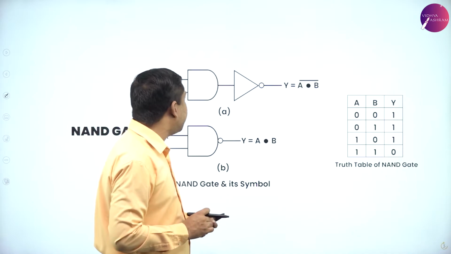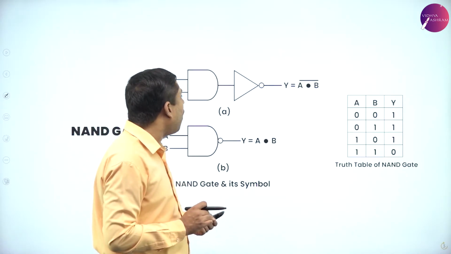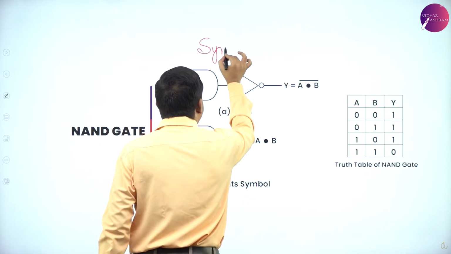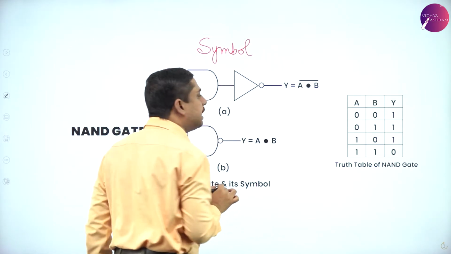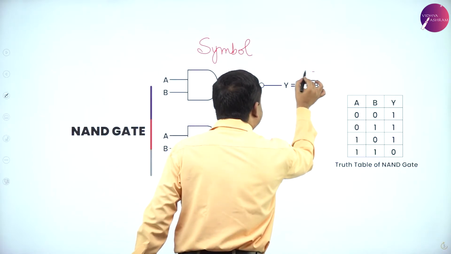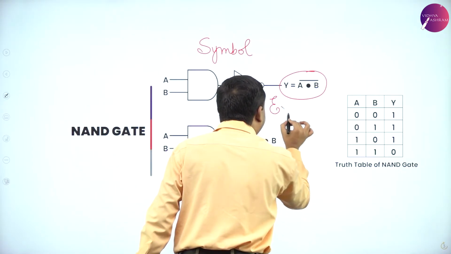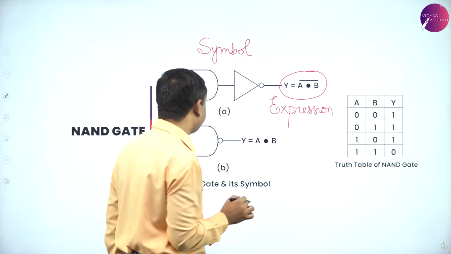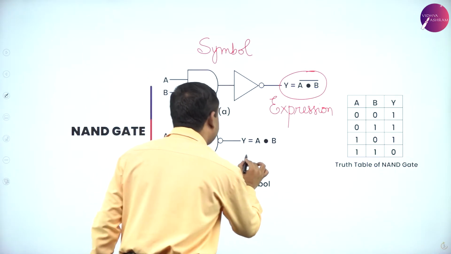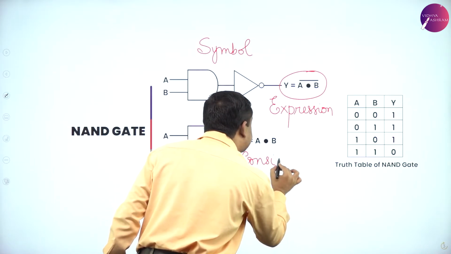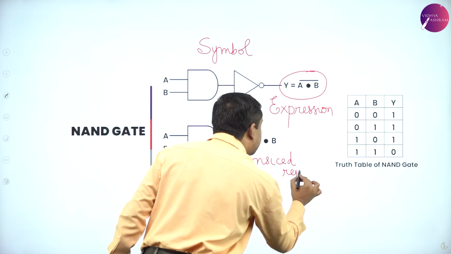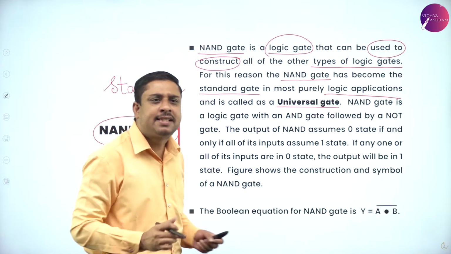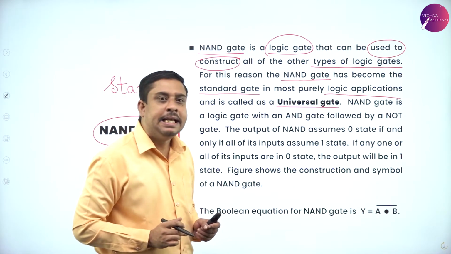So if you observe, this is the symbol for the NAND gate. This is the Boolean expression for the NAND gate. And this is called the concise representation of the NAND gate. So as the description goes, NAND gate